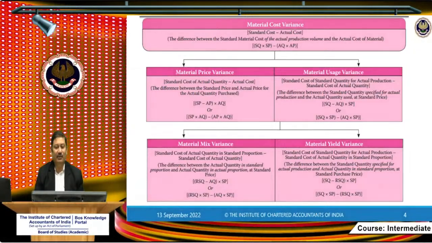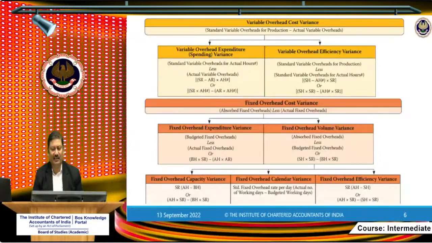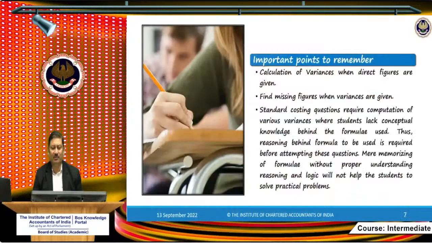So what I'll request you on this particular concept, standard costing, you can see that we have given every concept as well as how it is calculated. While doing the question, first of all, try to understand what figure is given and what figure you actually require. Formulas you all will be knowing, but how to apply those formulas, what is the logic behind it, why we are calculating it, these are some of the things which you need to know. These are the formulas taken directly from the study material. We are not going into the individual formulas.